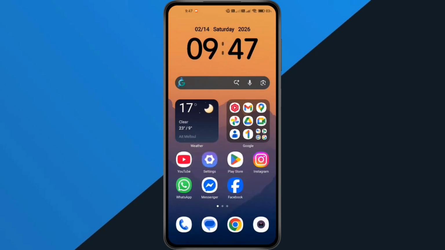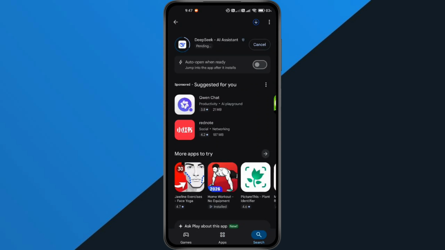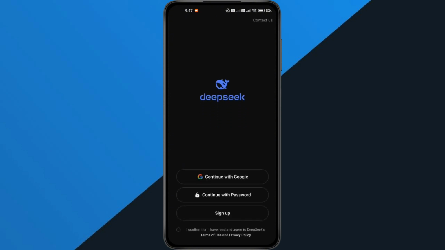Once it's uninstalled, head back to the Google Play Store, search for the same app again, and reinstall it directly from there. Reinstalling the app ensures you're using the official and latest stable version, which usually removes the error completely. After reinstalling, open the app again and it should work normally without showing the Get This App from Play Store